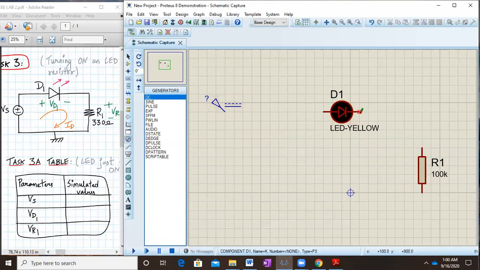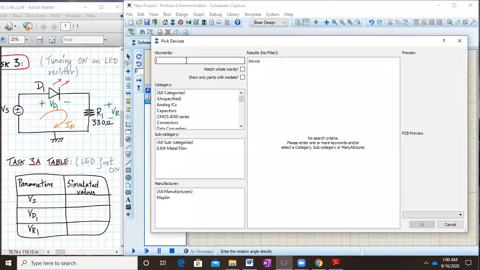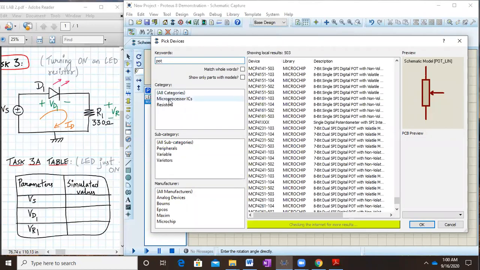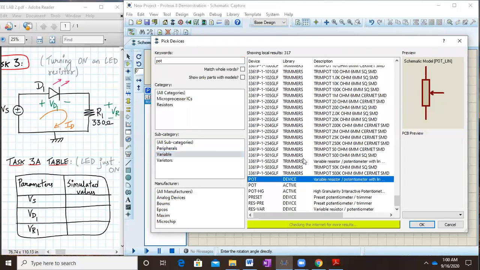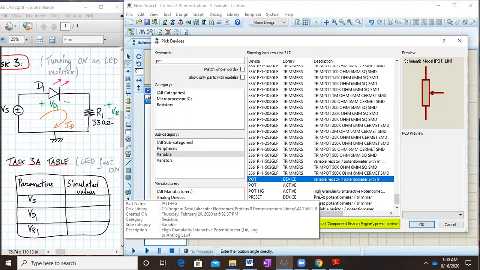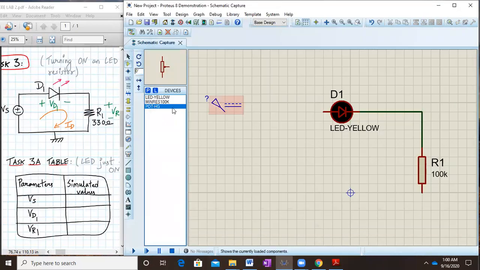Now what we need to do is, actually we need to connect them together now. And there is one more thing which we can add. So again go to components, again go to pick devices and type potentiometer. Go to variable and select the POT-HG.